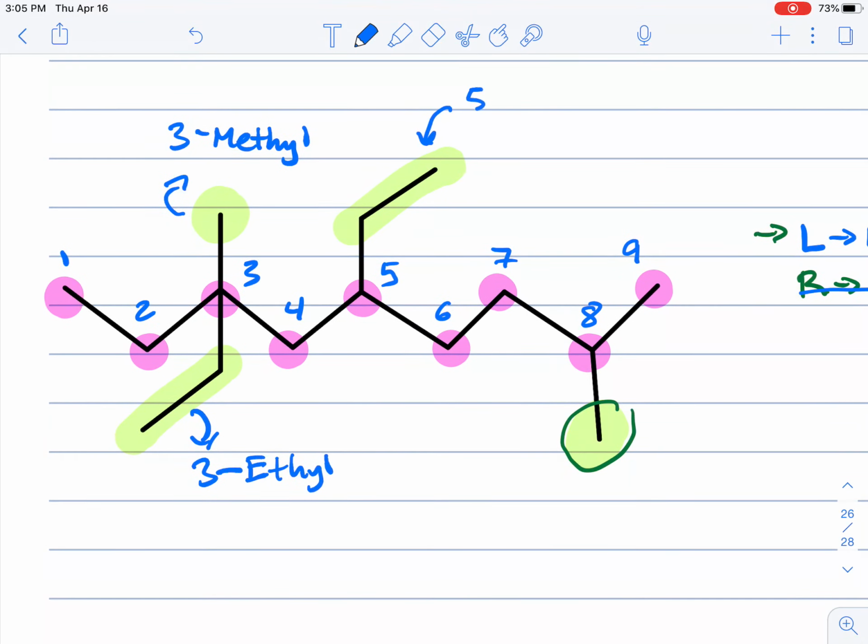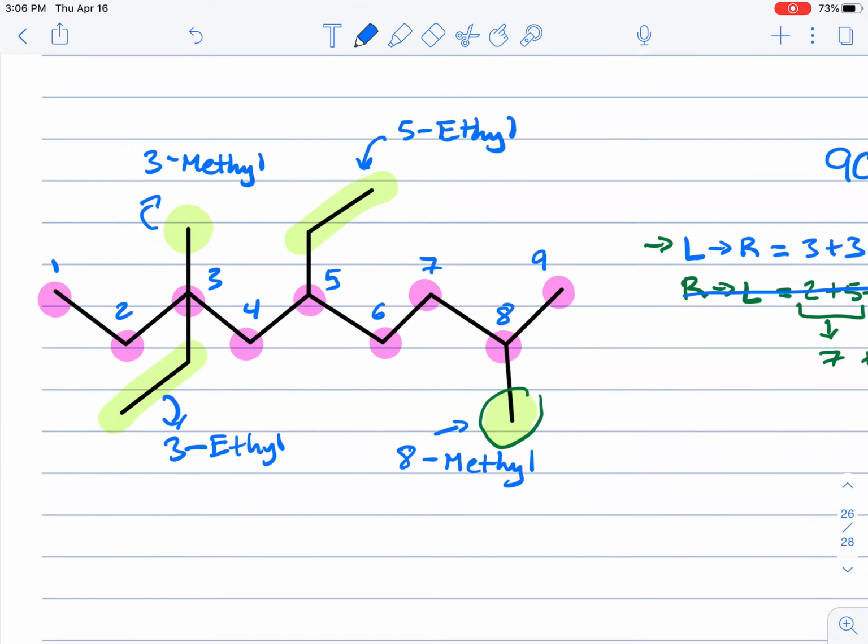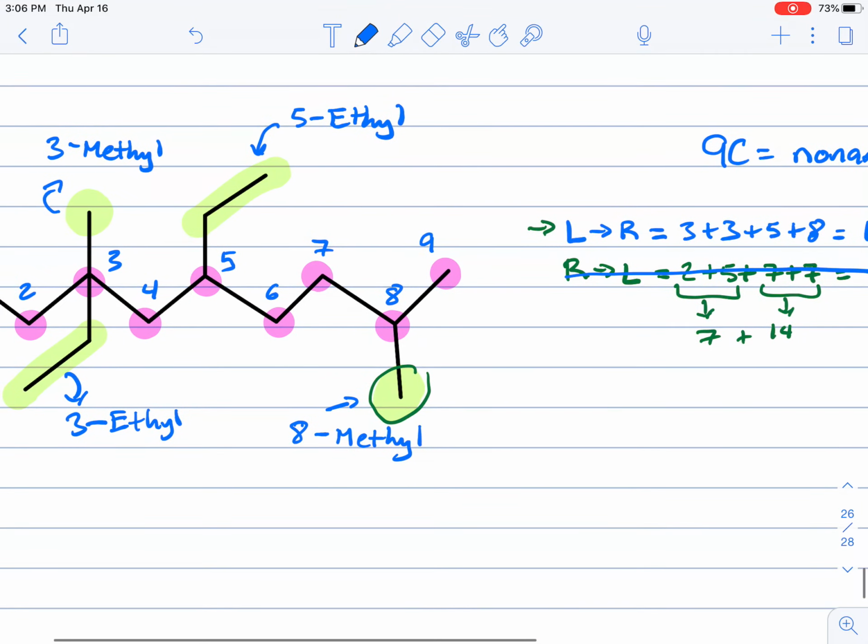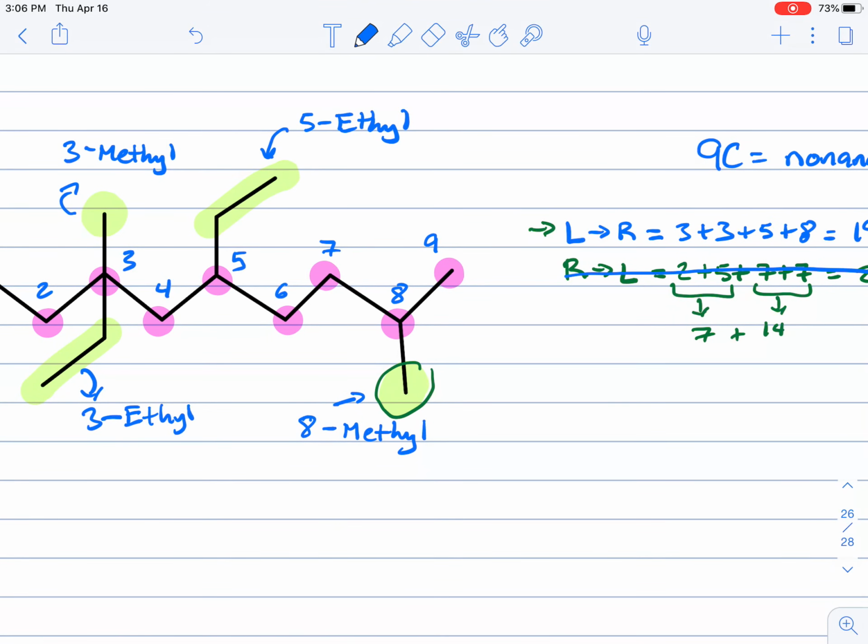Here I have a 5-ethyl. Then here I have an 8-methyl. All right. And so since these are our descriptions for the substituents as well as their number, we're going to